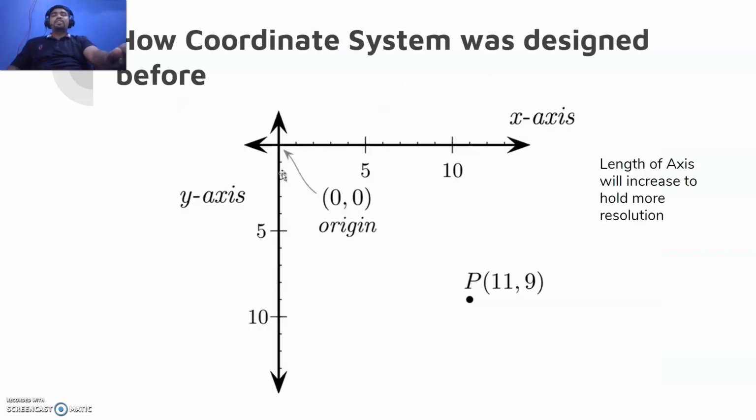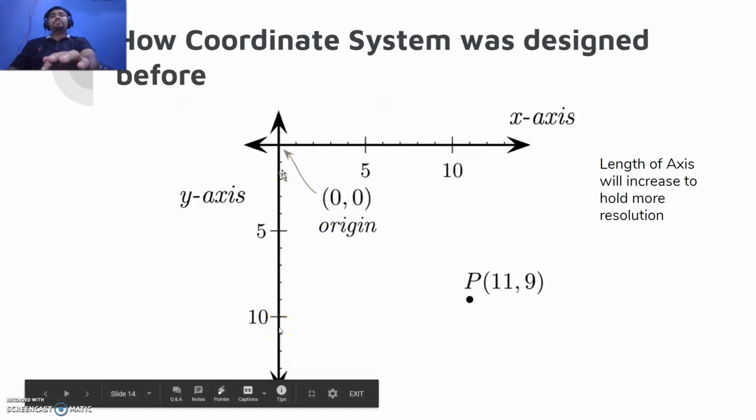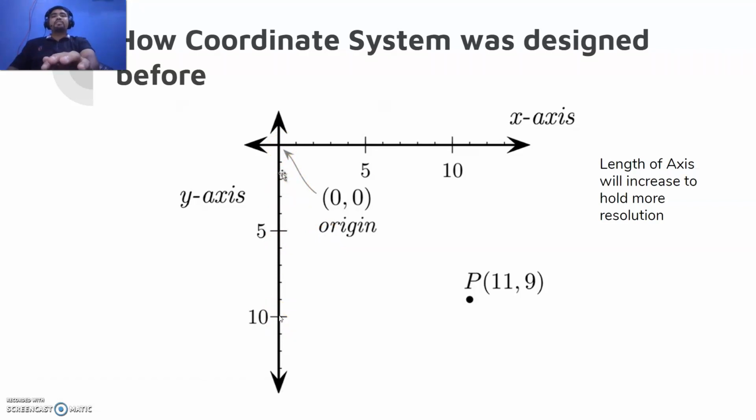Now proceeding ahead, understand that the coordinate system that we are using is the x and y axis. It looks like a fourth quadrant, but in here even the y axis is positive. Normally it should have been negative. And this is the origin, which is a very important reference point. You can see that a point P has been plotted with 11 as the value for the x-axis and 9 as the value for the y-axis.